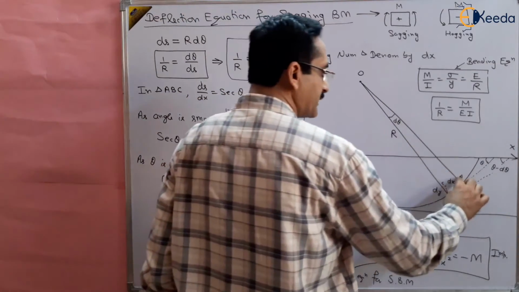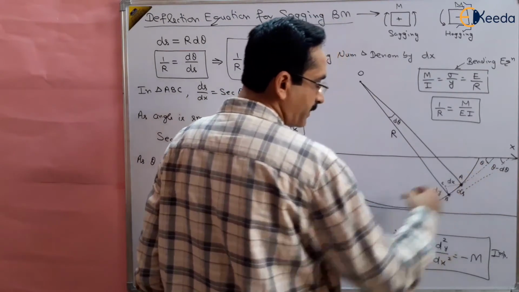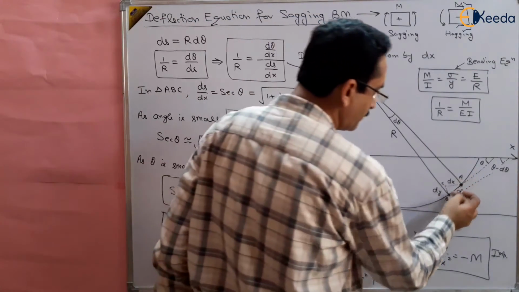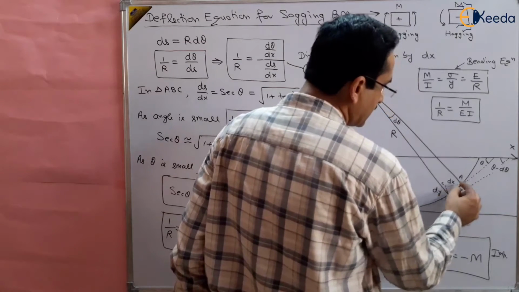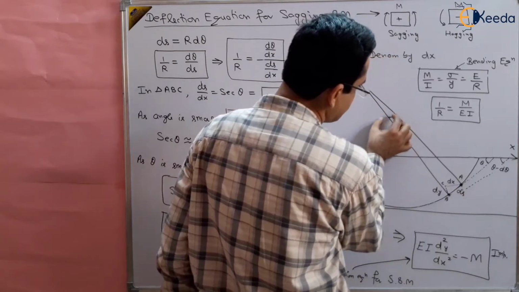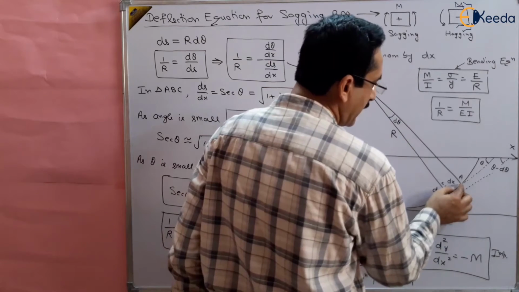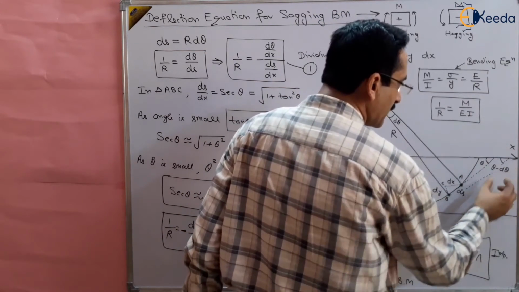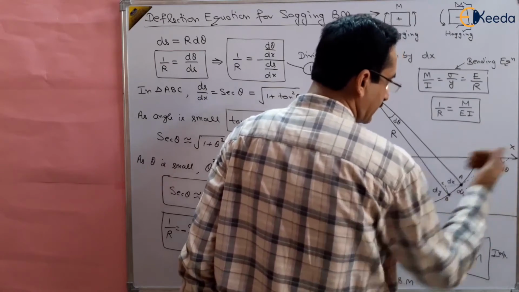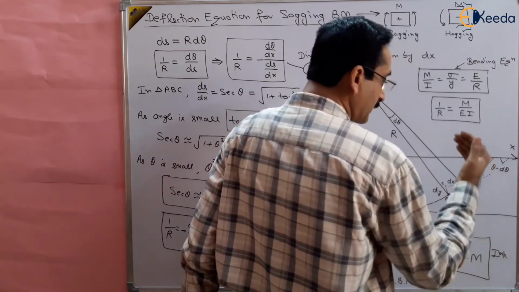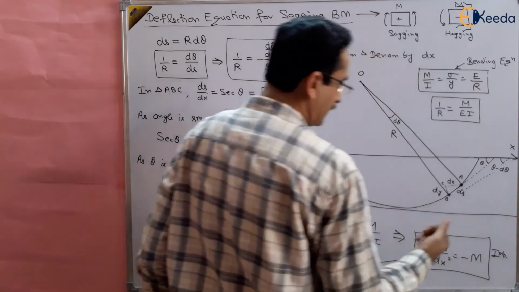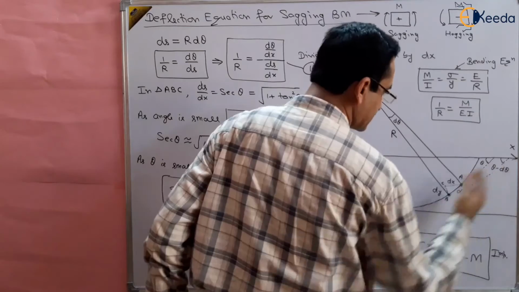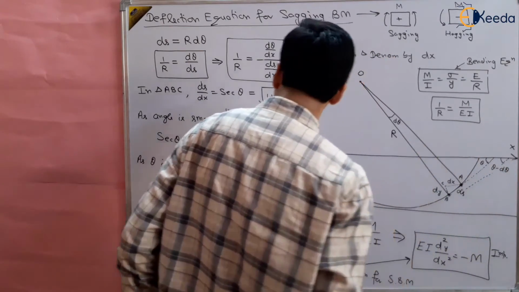We have taken 2 points on this curve. This is called the deflection curve, right? So we have taken 2 points on this deflection curve, A and B, and from A to B this angle is d theta, a very small angle d theta, and on the x-axis this is making angle theta, and further as we move on there is angle theta minus d theta, right? The angle is decreasing in the x direction. As we move on the curve, the angle is decreasing. So theta to theta minus d theta, right?